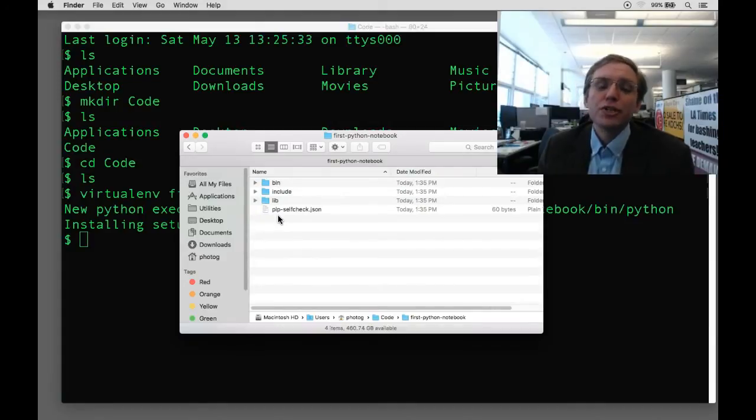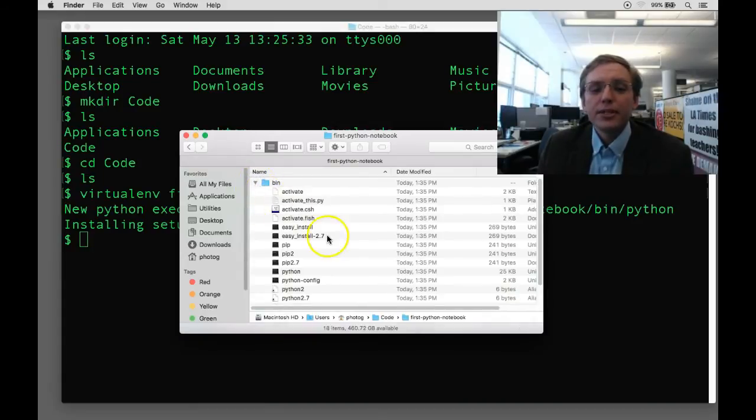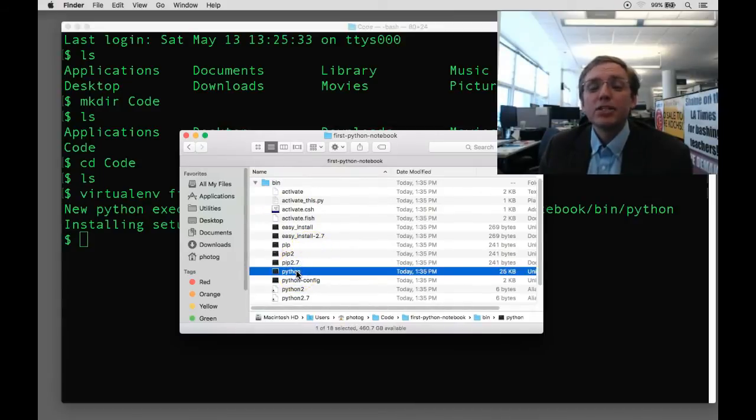This is the furniture that comes with every virtual environment. And it's stuff that you don't need to worry about all that much, but it's tools that you're going to use once you're inside. Now, the most important stuff is in the bin folder. These are different programs that have been installed. And you can see that there's a whole different version of the Python programming language that's been installed just for this virtual environment. And that's so it can run independent of all the other Python code on your computer and won't bump into any different versions of software or lack anything that it needs to run all on its own,